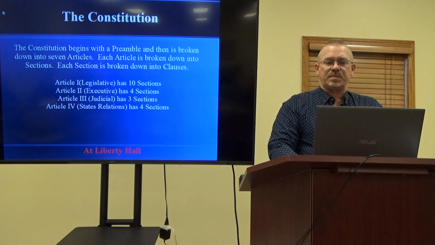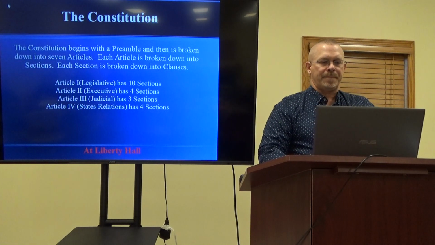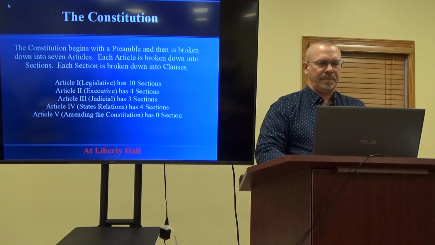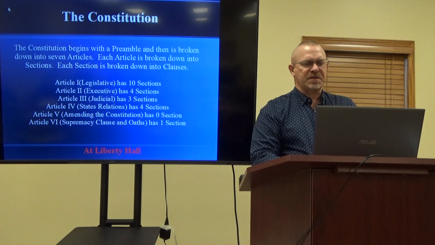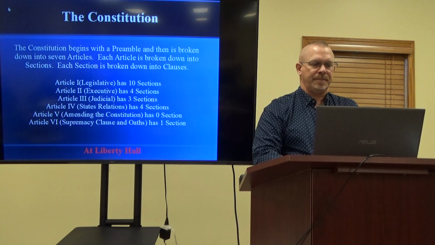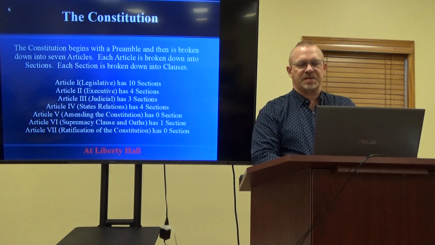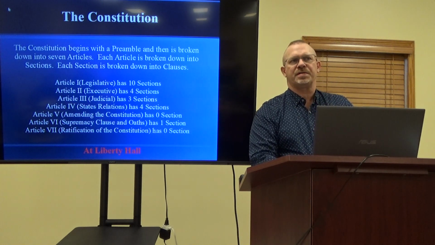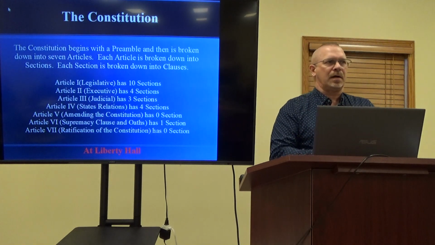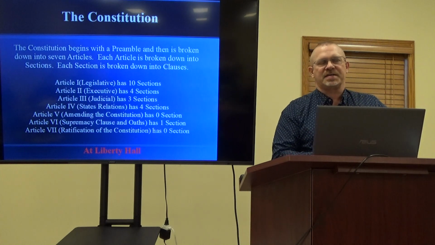Article 4, states' relations. It has 4 sections. Article 5, amending the Constitution, has 0 sections. Article 6, the supremacy clause and oaths, has 1 section. Article 7, ratification of the Constitution, has 0 sections. Now, that right there, to be able to articulate Articles 1, 2, 3, 4, 5, 6, and 7, and to say what they are,